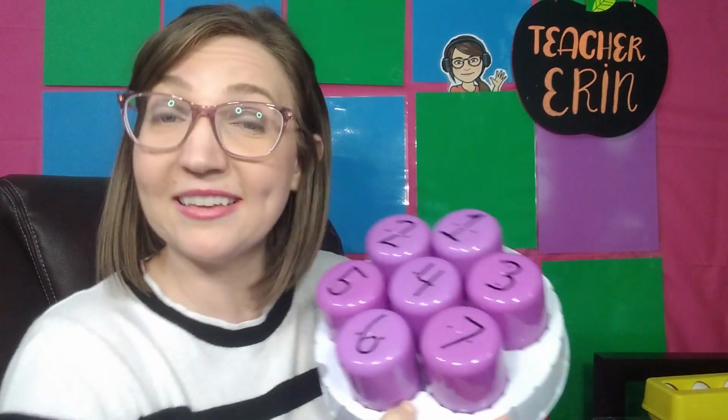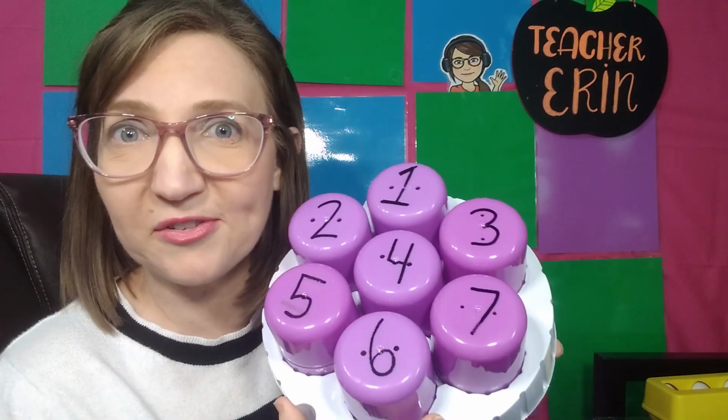And if you know that you're gonna have a student that's a trooper, is not gonna get upset if they lose or whatever, you can play teacher versus student. You can count up, let's say you do money or coins, I'll pick a number, you pick a number, and see who gets the most at the end. Something that is really fun that I like to do is make this into a game called Don't Find the Stinky Sock. Sometimes they get a stinky sock and then you...